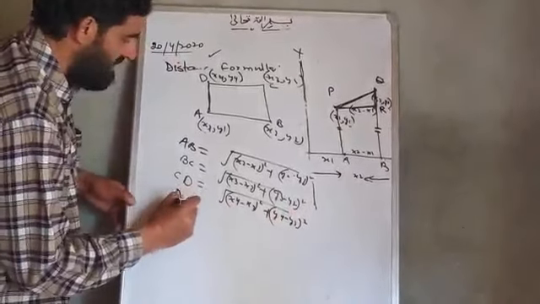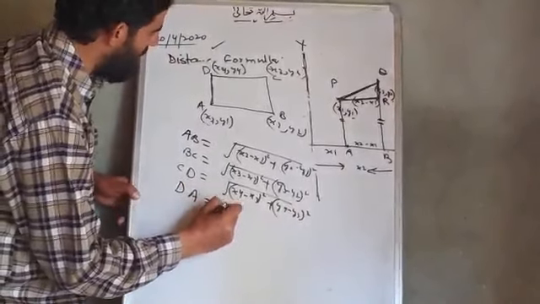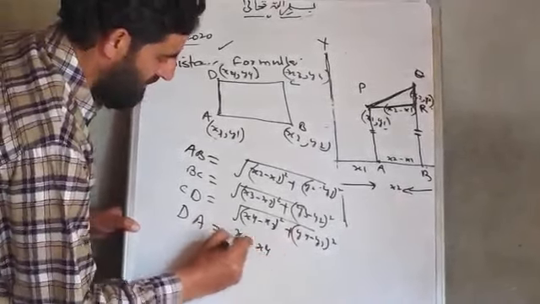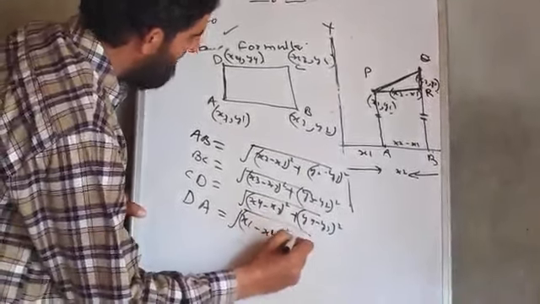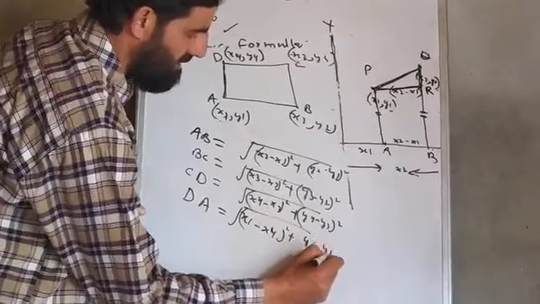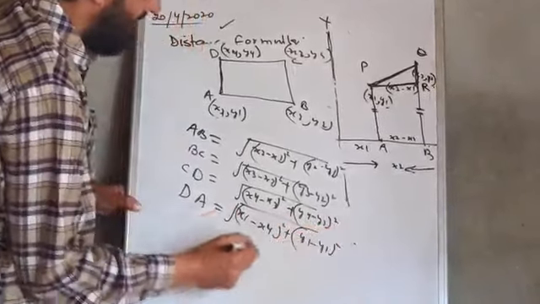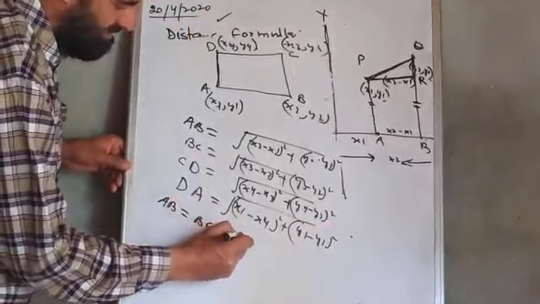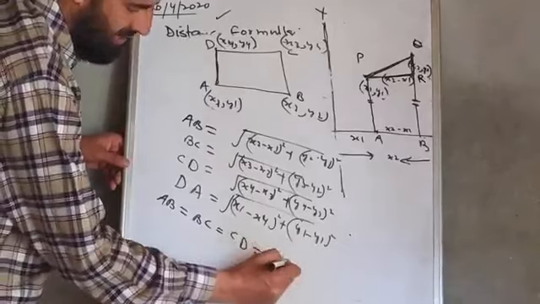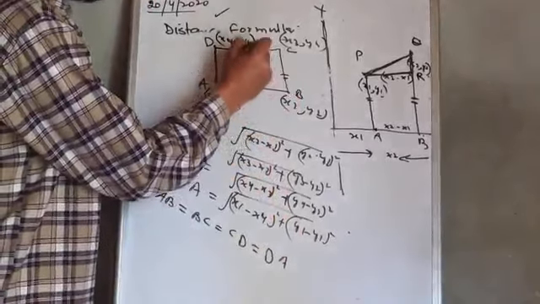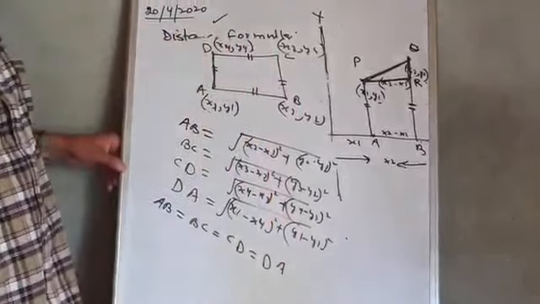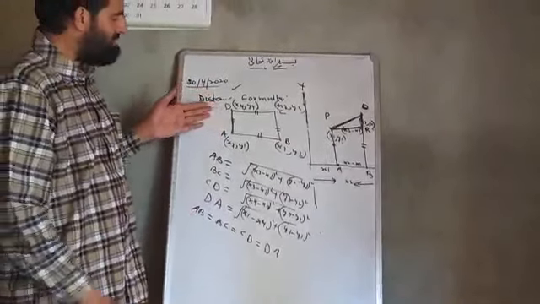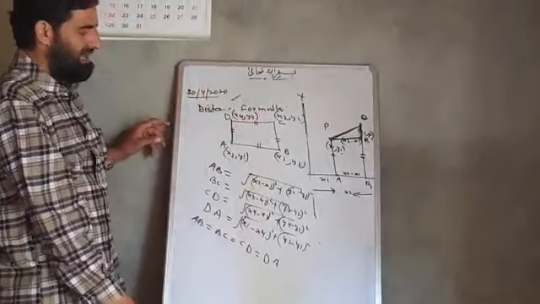And similarly, DA is equivalent to under root of (x1 minus x4) whole square plus (y1 minus y4) whole square. And if AB is equivalent to BC is equivalent to CD is equivalent to DA, that is, all sides are equal when we apply the distance formula,